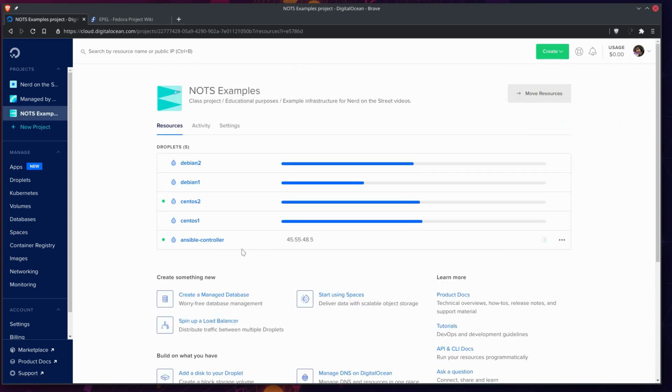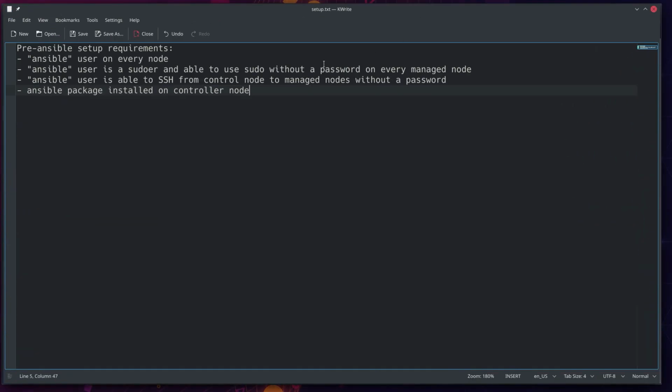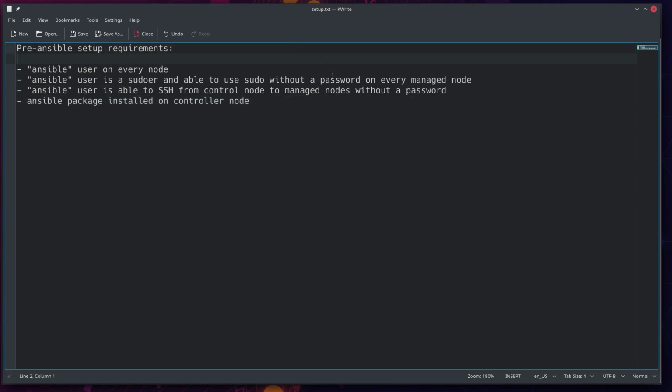All right, so it looks like our Ansible controller has an IP address already. Now, before I SSH into that, I am just going to show you what we need to do before we can start using Ansible. There aren't very many requirements. Like I said, our managed nodes will not need any software installed. However, we do need to set up some permissions so the Ansible controller will be able to control all of